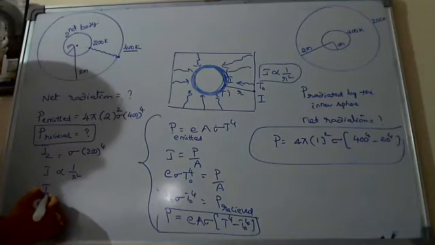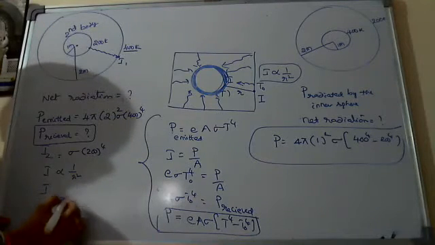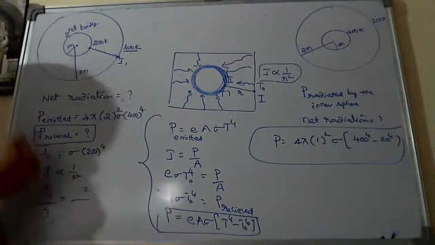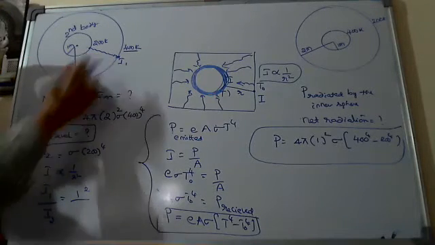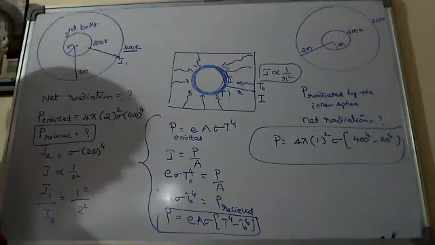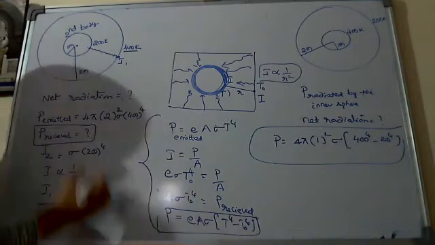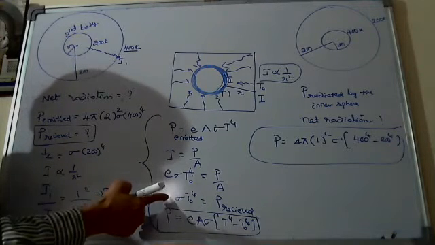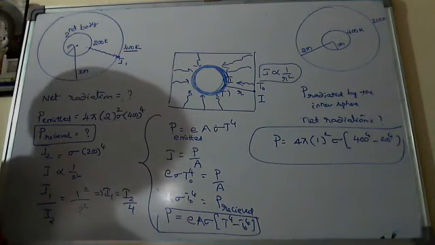So I have to write I received by the first body by I emitted by the second body. I1 by I2 is equal to R2 square by R1 square. R2 square means its radius is 1 square divided by R1 square, its radius is 2 square. So here I am getting this I1 value received by the first body equals, not exactly equals, I2 into 1 by 4.